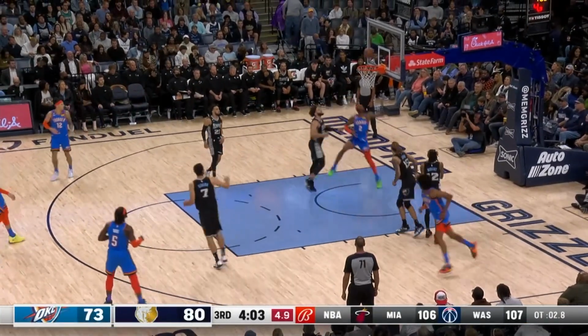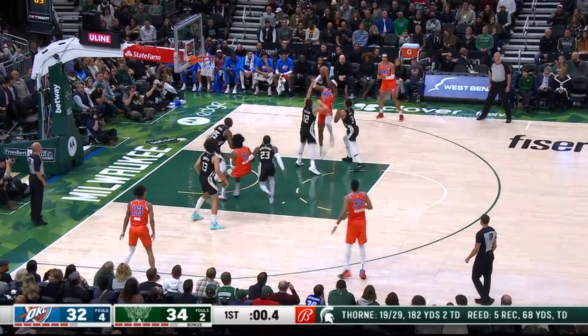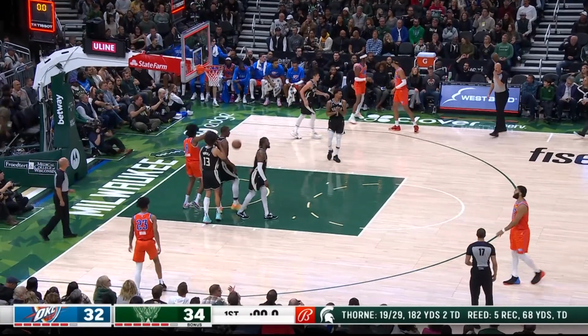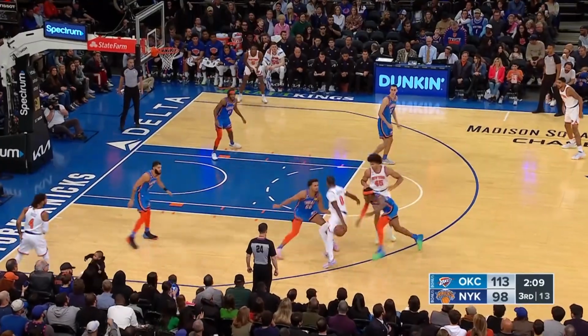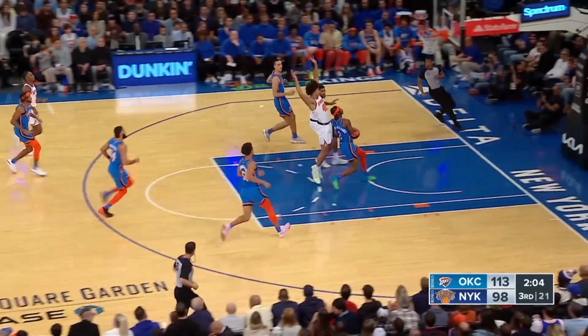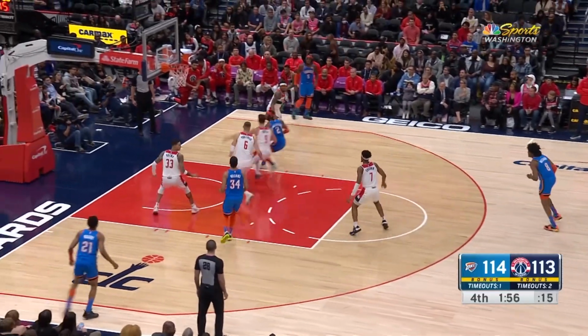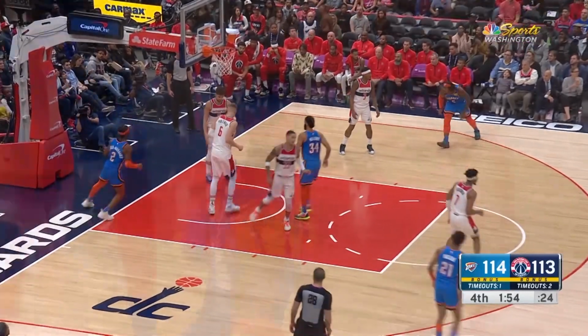Jalen Williams turns the corner. Nice drop. We get it, 3 seconds. Either one. He's got 4 points here tonight. Shai Gilgeous-Alexander, they count the 2. Cam Reddish. Oh, dribbled into traffic that time. Gilgeous-Alexander swipes it, drives, and finishes. You got to play, you don't think about how many fouls you have. You have to play aggressive. And SGA goes right at him and